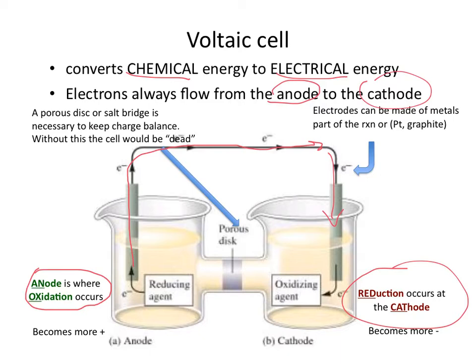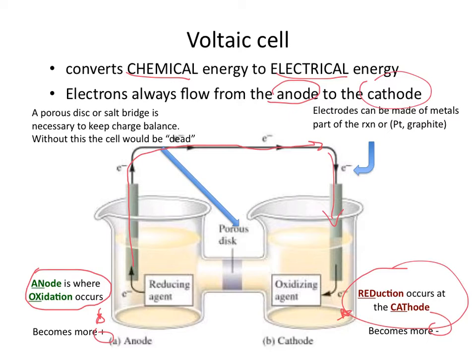reduction. So what you need to understand is this left-hand side, where this oxidation is occurring, where this anode is, the solution is going to be becoming more positive because we're going to be putting positive ions into solution. And the right-hand side, we're going to be reducing. So we're going to be either pulling positively charged ions out of solution, or basically making that solution more negative. So because the charges of the solutions at the anode and the cathode are becoming more positive and more negative, we're going to have to counterbalance